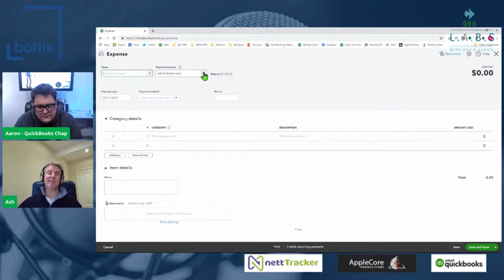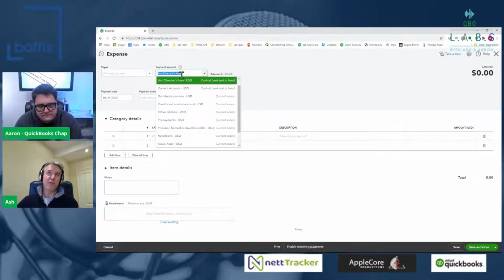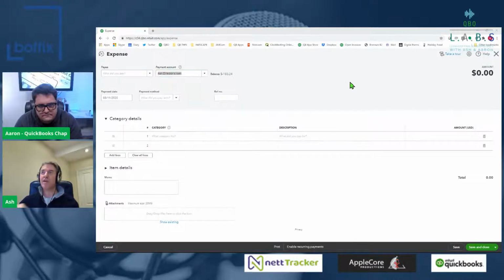It will be exactly the same if you use snap a receipt. When you review that receipt as it comes through into your receipts area, you can choose whether you put receipts on as bills or as expenses. So if you do put a receipt on as an expense, then you can make sure you're using that particular bank account.